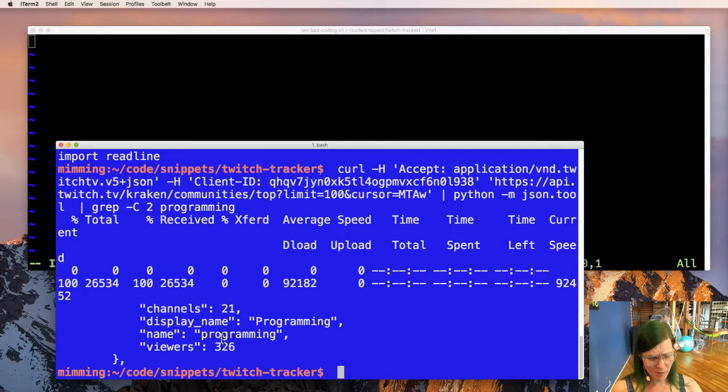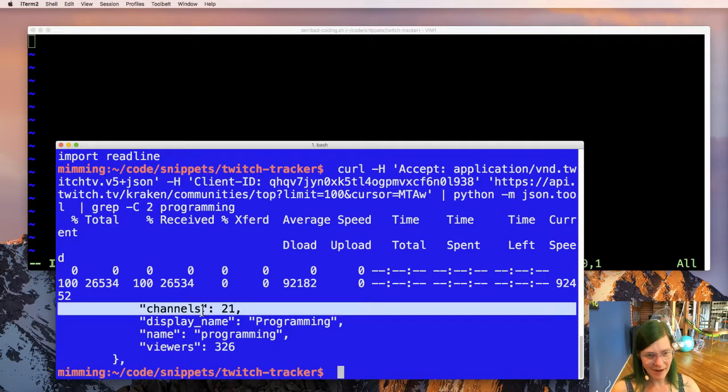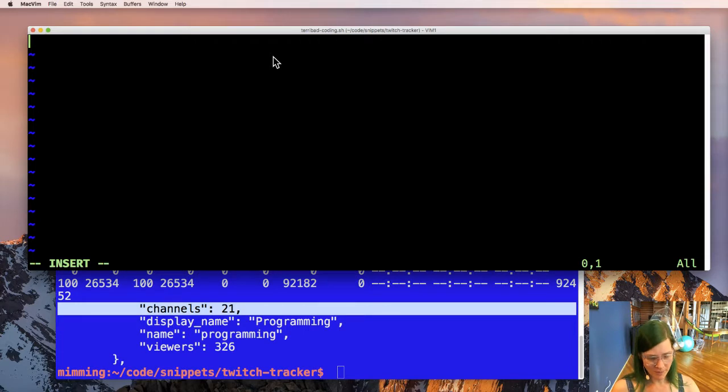Or I guess I could remove the newlines with sed. Yeah, so I'm just thinking through, all I want is this and this. I don't want anything else. And I'm going to assume that programming is always on page 2 in this terrible version. So let's start with the shebang.